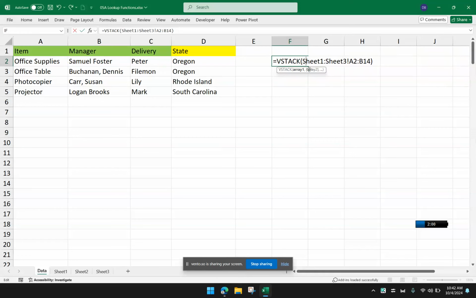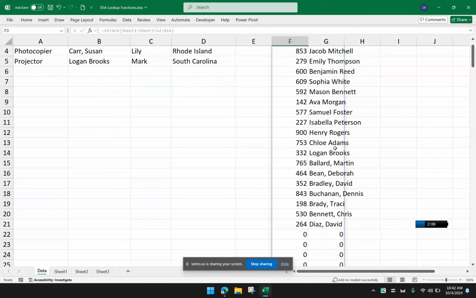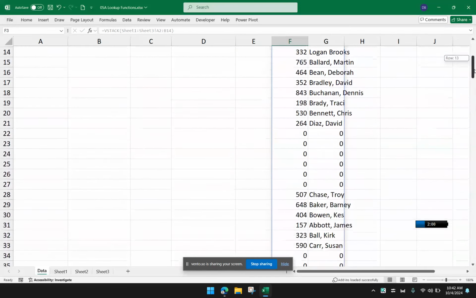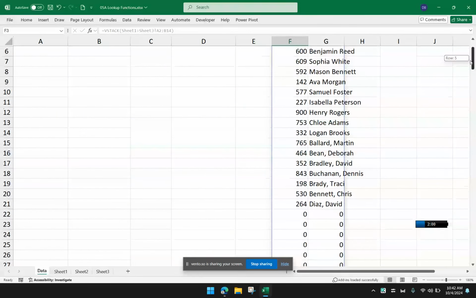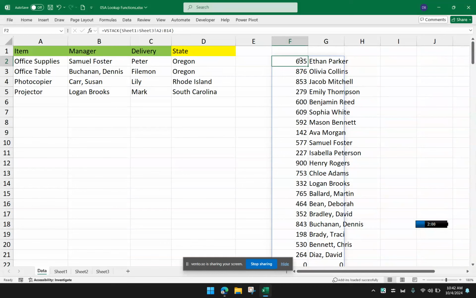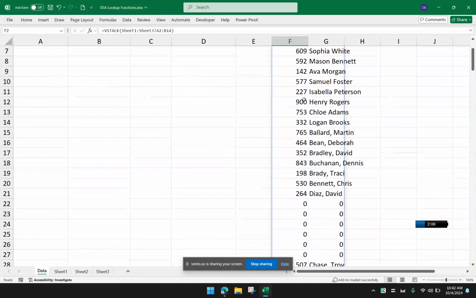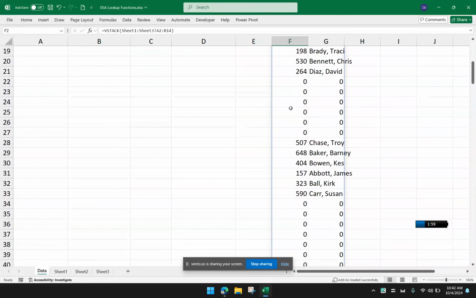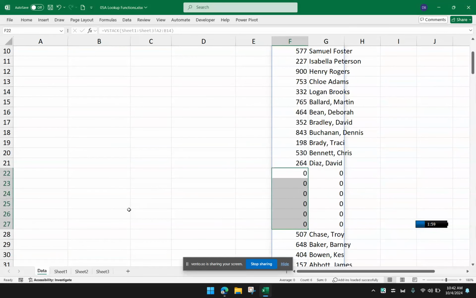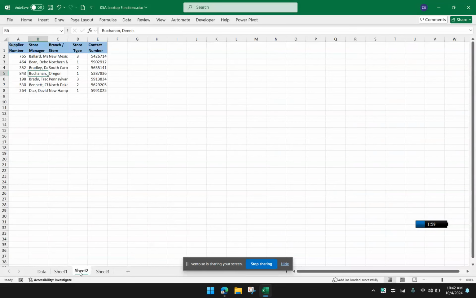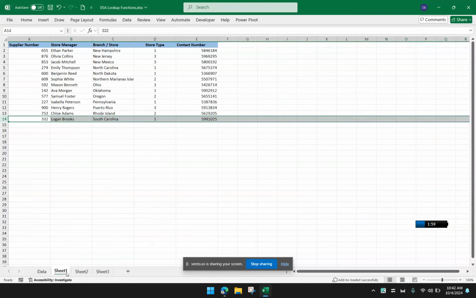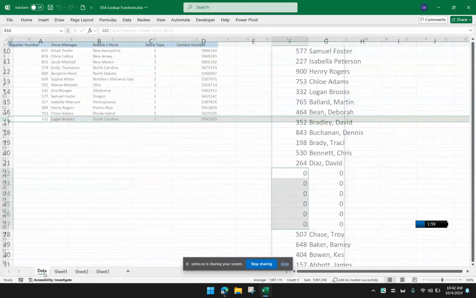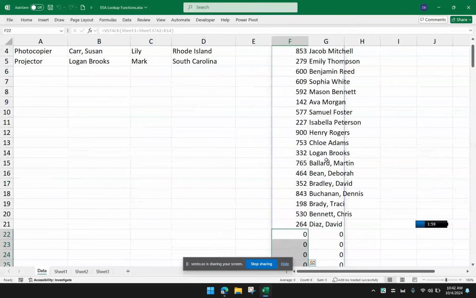And the result will be like this. So I now have A2 to B14 of each of the worksheets. Let me just change that. So there you go, A2 to B14. I think we got it right. But take note that we get zeros here because remember our other worksheets are not really up to the 14th row. Only sheet 1 has that many rows. So let's leave it that way.